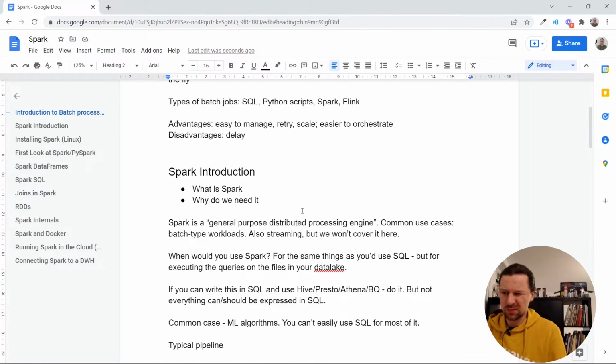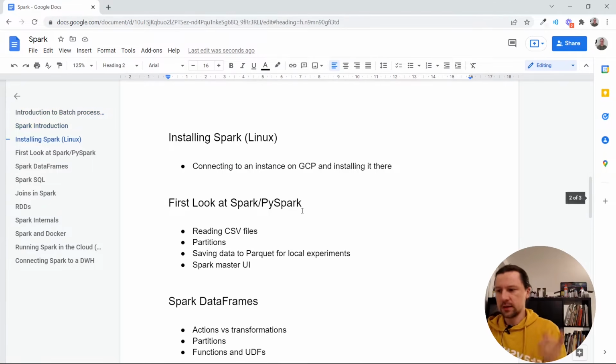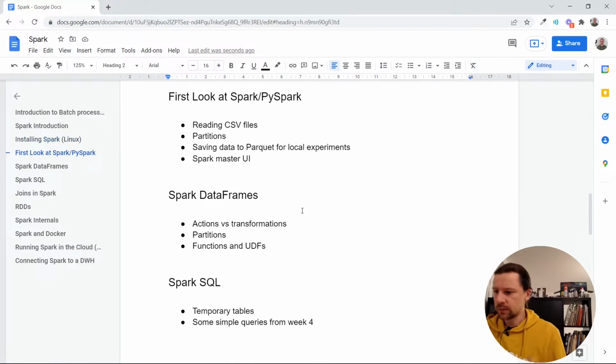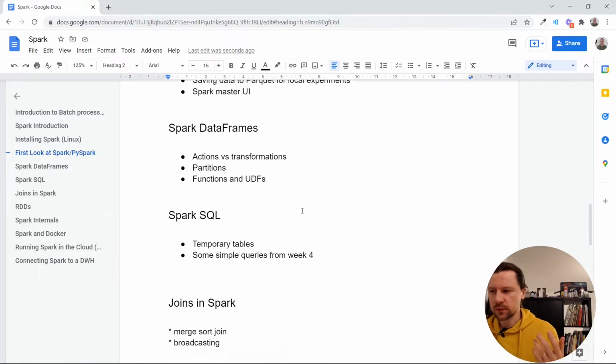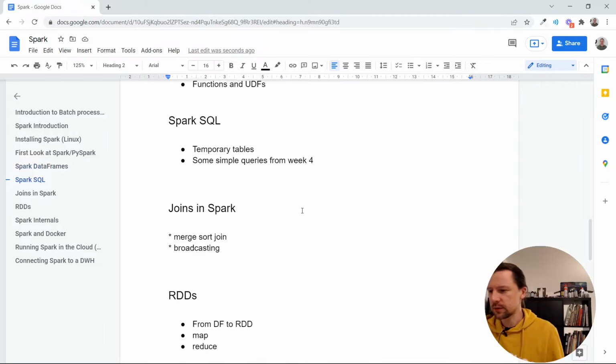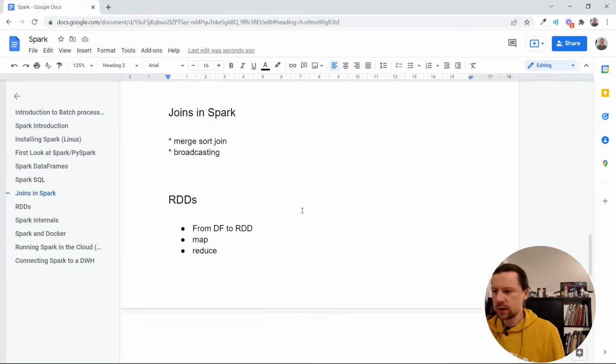So we will talk about what Spark is, why we need it, and then we will install Spark on Linux. I will use a virtual machine from Google Cloud Platform, and I will show you how to install Spark there. After that, we will take a first look at Spark. We will use PySpark for that, meaning we will use Python, we will not use Scala, and we will then look at different features of Spark, like data frames, SQL, how we do joins in Spark,